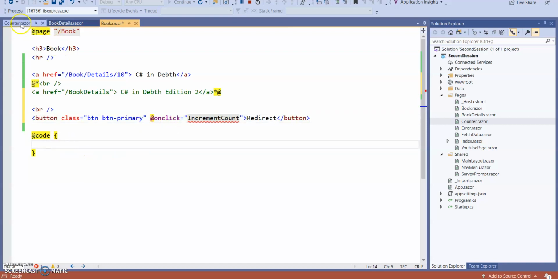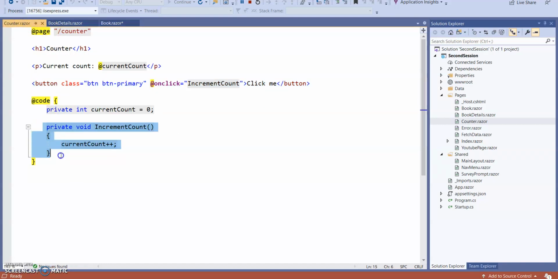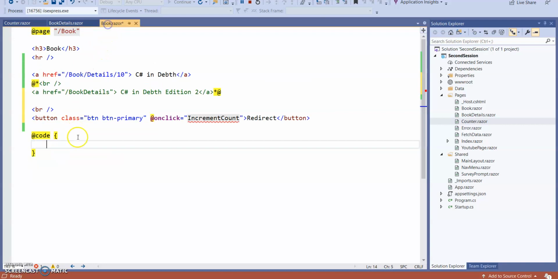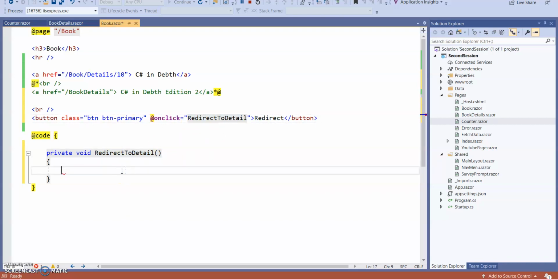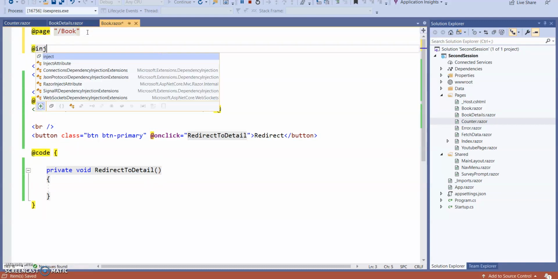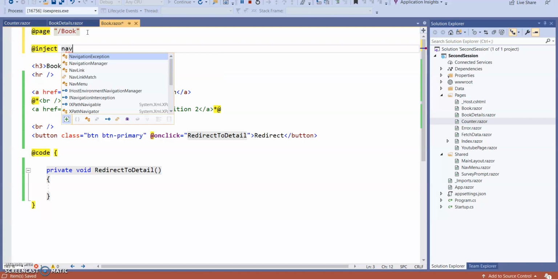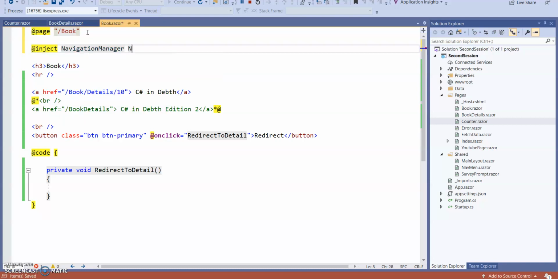So in case of code, say detail, call this method in the onClick. Next, how to redirect in the code part. For that we need to inject NavigationManager. Inject NavigationManager. Let's say I'm giving Navigate.